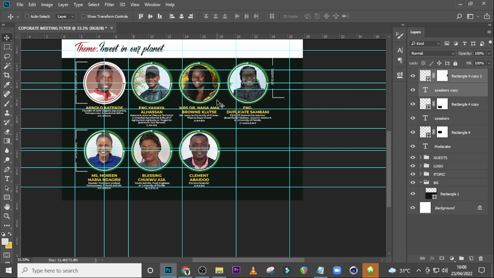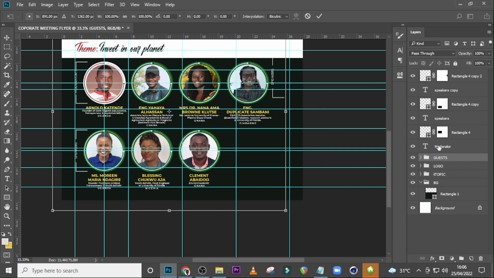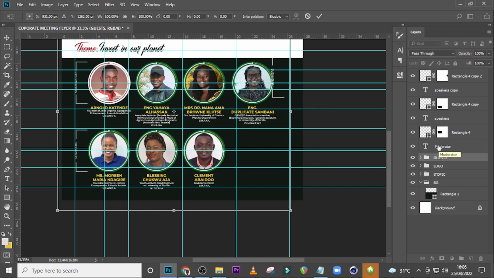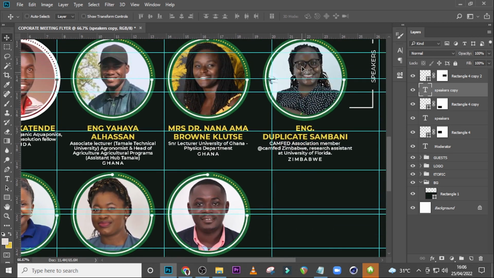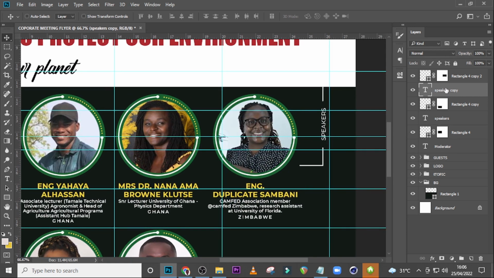now we want the exact spacing over here to be the exact spacing over here. So what we can do is the whole of the guest, we can select it, Ctrl T, and then just move it here a little bit, and then over here this particular one, Ctrl T, and then right click it, flip horizontal, and then let's move it this way. Let's see. Sweet. Now speakers over here, we are still using speakers, but we want to make sure speakers is close to this. All right, and then also we want to make sure this is like that, and if possible